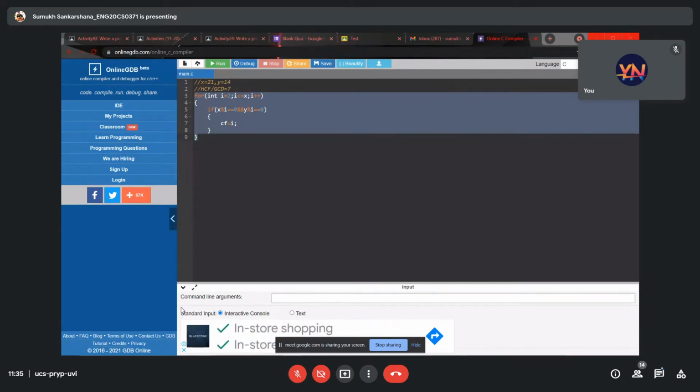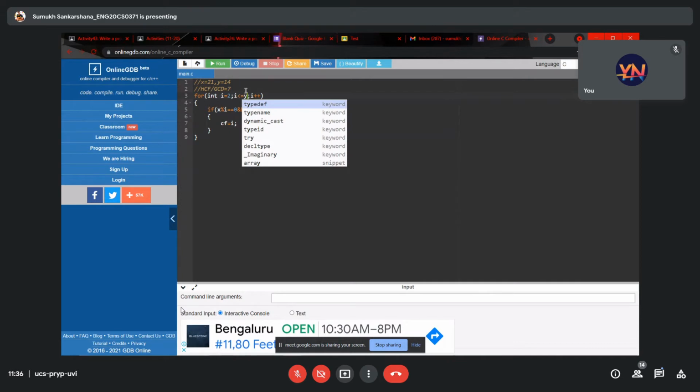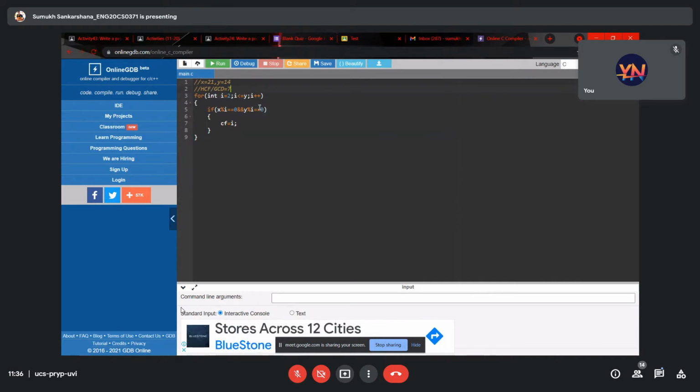It will start from 2. Yeah. Then it will go inside the if statement. And then it will evaluate the common factor. Then it will go up again, check the value and increase it by 1. Every time it goes up, it will increase it by 1 to check for a common factor. And it will run till? It will run till x or y, whichever is the lowest number, or we can do it till the highest number also.